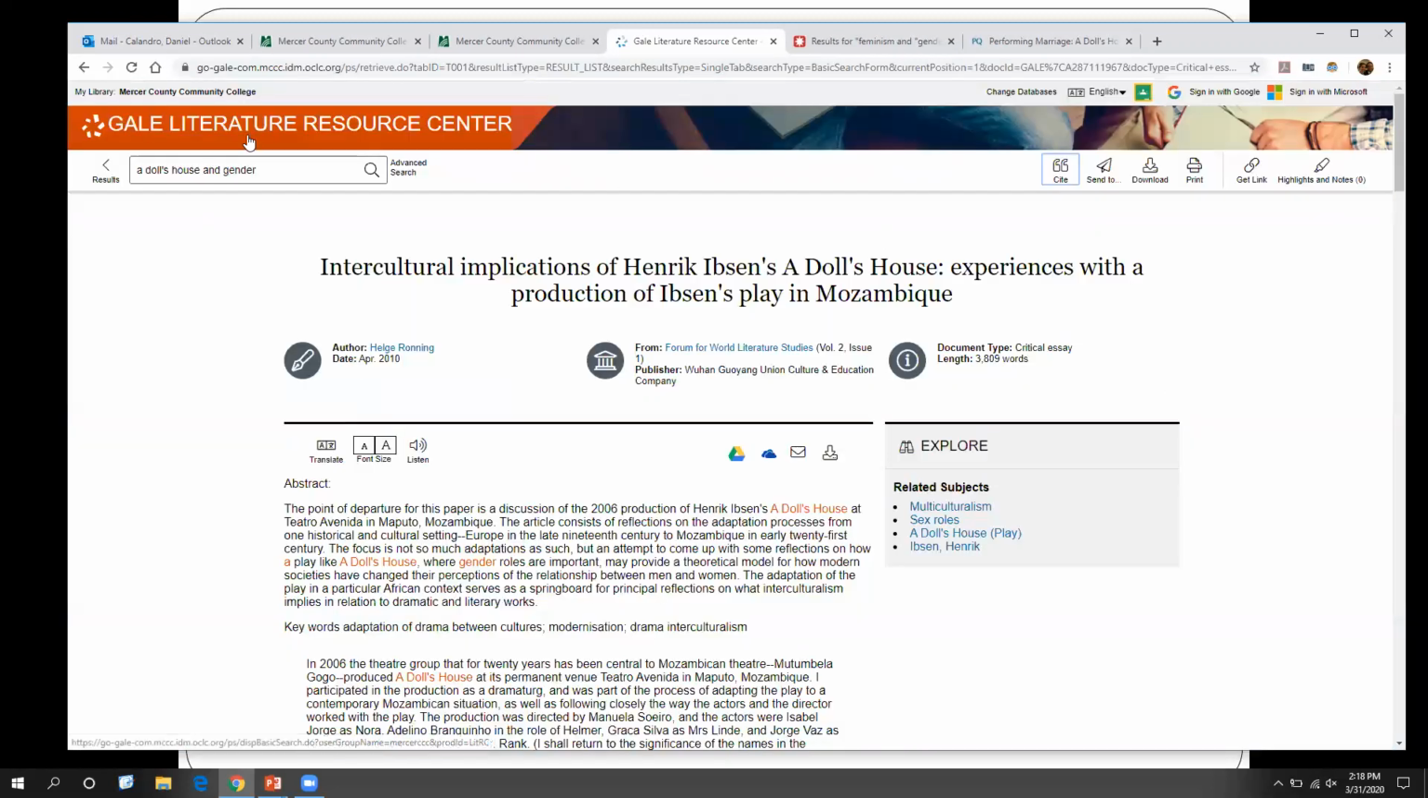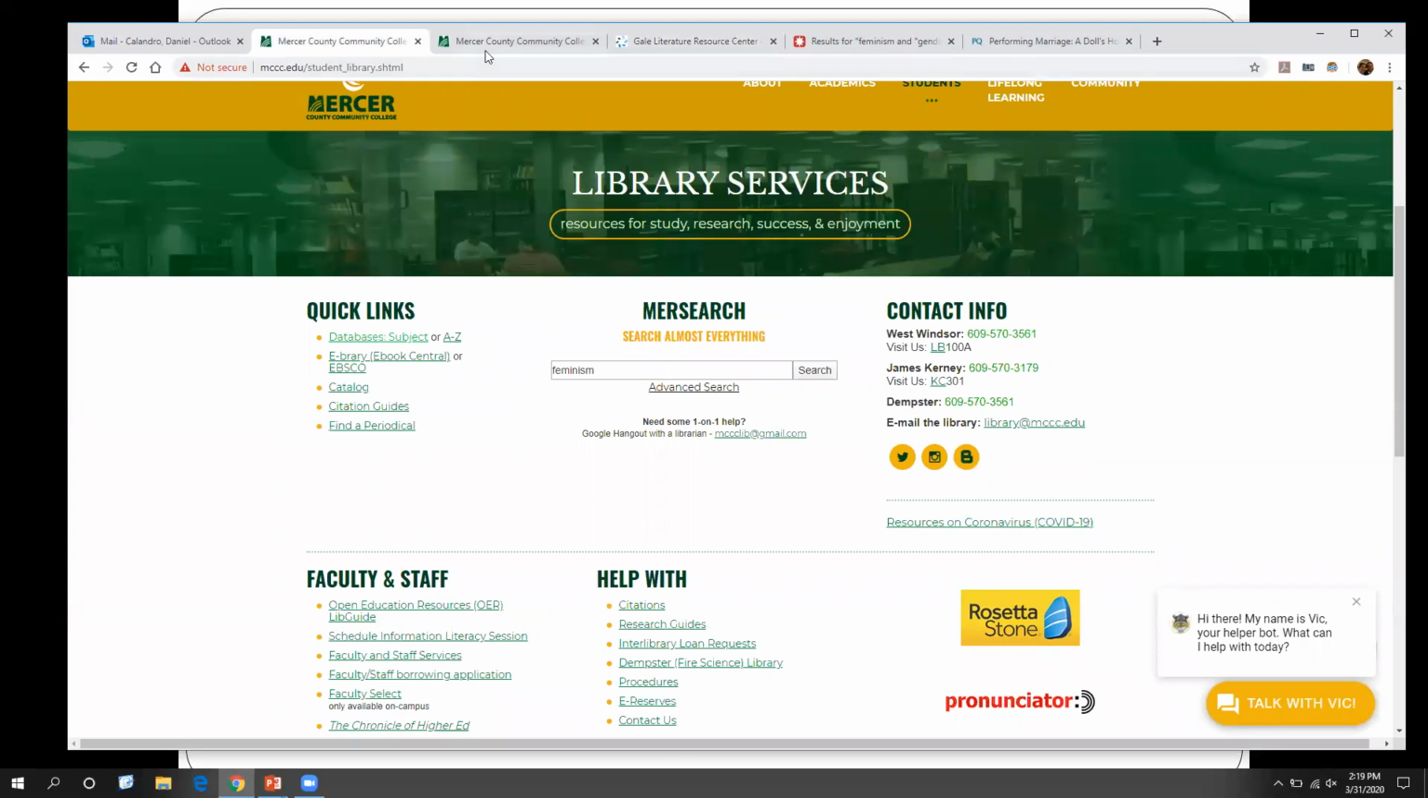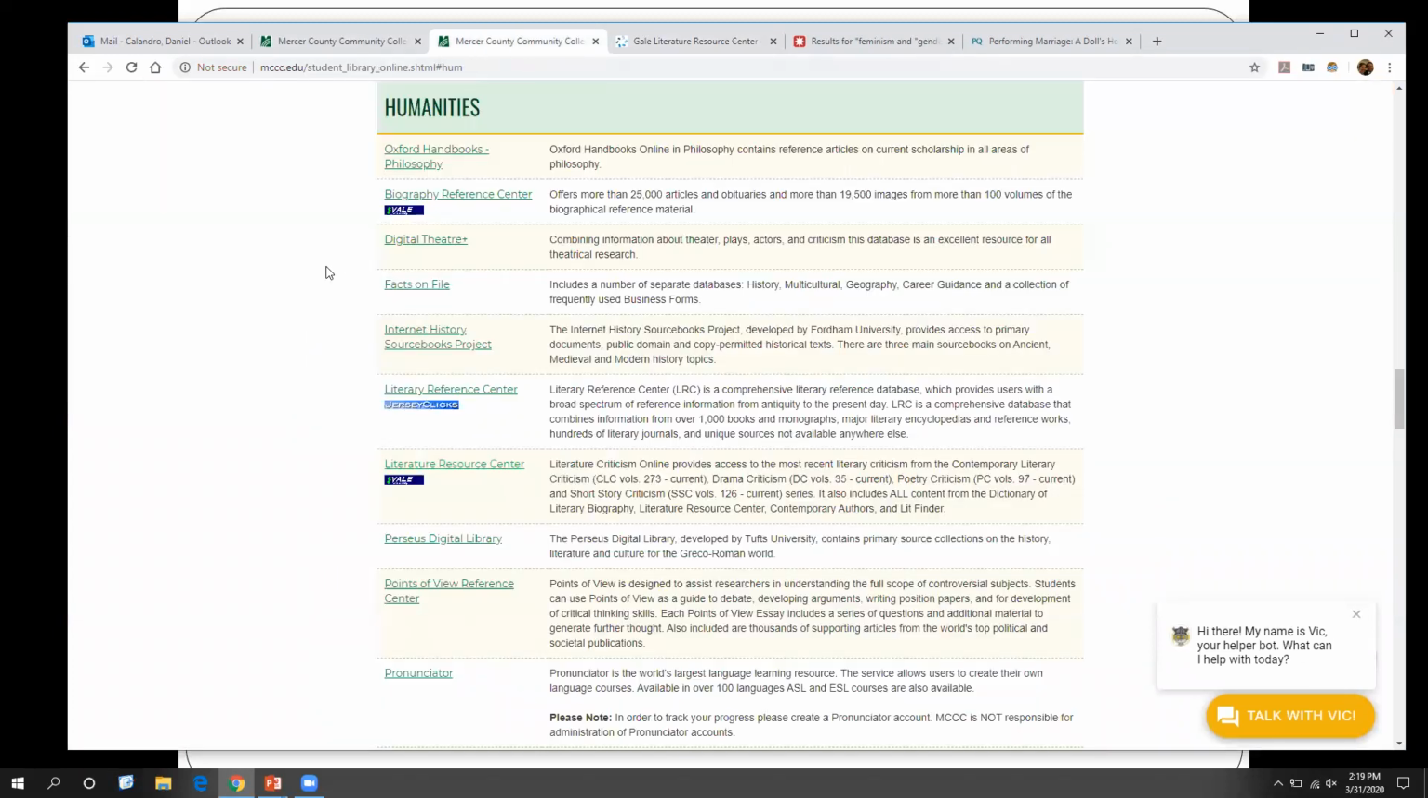Again, the Literature Resource Center and the Literary Reference Center are very good for finding articles of literature criticism on the fiction that you guys have read. If you want to use these larger topics like gender equality, class consciousness, things like that, the literature criticism databases are not going to be for you. You're going to want to stick to MERSearch, or you've got a couple options if you go to our database